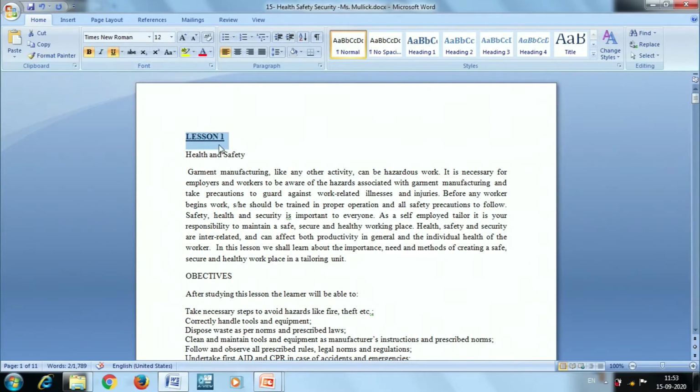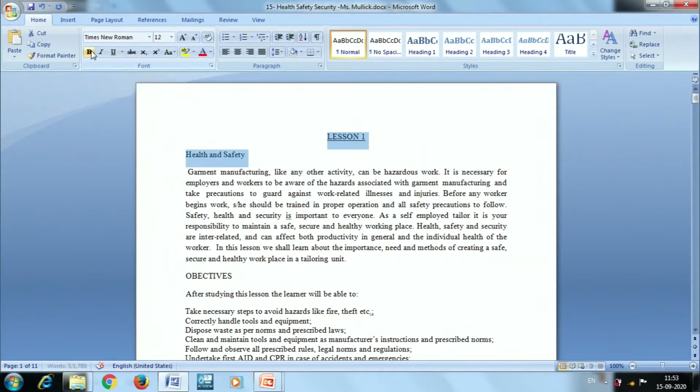And since this is the heading, I want to place it in the middle of the content. So this is about the paragraph subtask menu. Here I have left alignment, right alignment, center alignment and justify alignment. I want to place my content in the center, so I am clicking the center alignment. See, my content has been placed in the center. So this is the title of my lesson. In that same way I want to apply the effects.